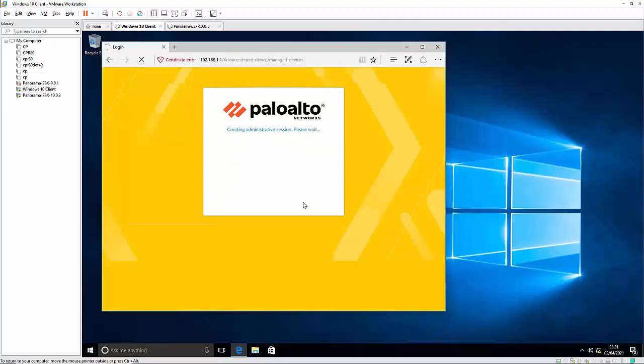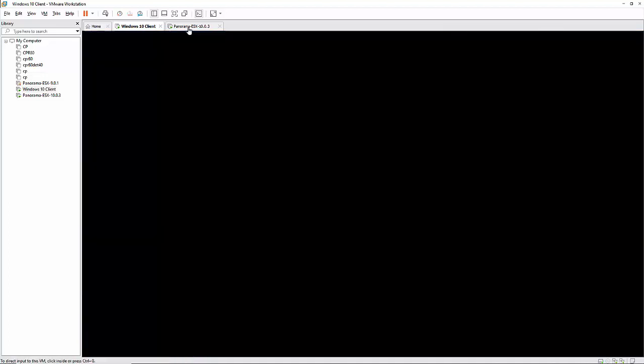In the meanwhile, what we can do is go to the CLI and see if we can log in there with our new credentials as well. And this confirms we can. And from here, amongst many other things with the CLI, we can change the IP address as well. If I type configure,